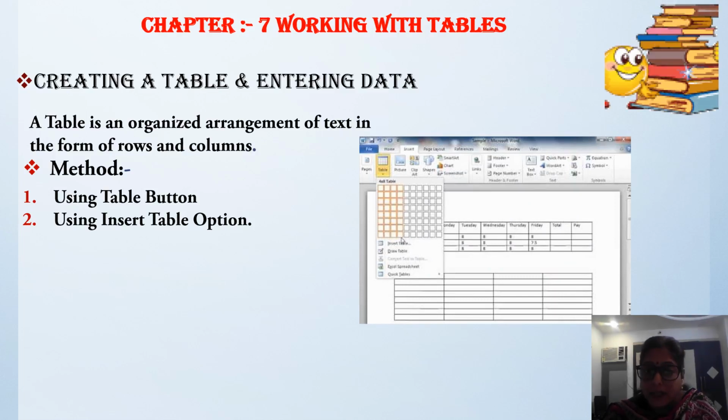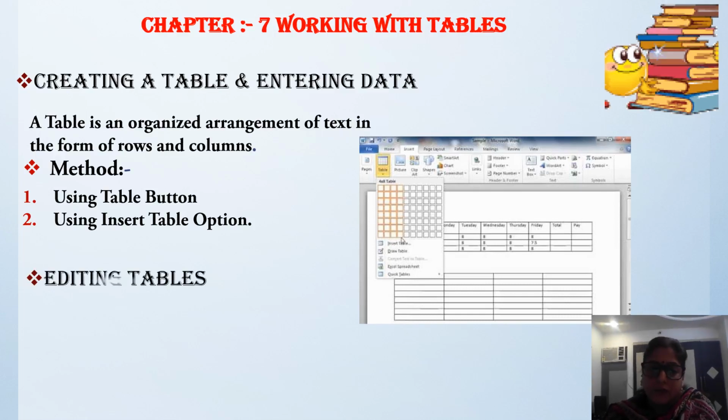A table is an organized arrangement of the text in the form of rows and columns. You can see in the image on the right side. The table button is present in the table group on the insert tab. There are two methods for creating a table. First is using the table button, or using the insert table option.